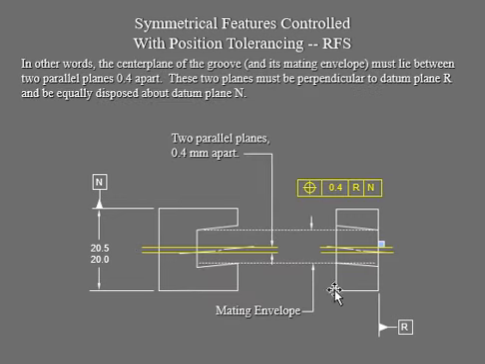Now we're going to go into the exaggerated view, so you can see how the center plane is going to vary like this, vary like that. It's just showing you different views. They're the same thing, by the way, seen from that side and seen from that side view. Okay, this is a front view. So those two planes have to be perpendicular to the datum plane R, which is here. When you look at it from the side, we can see this